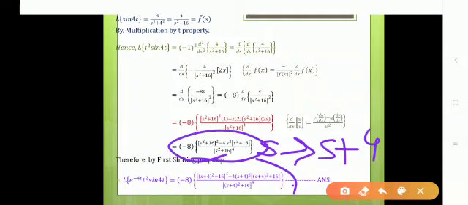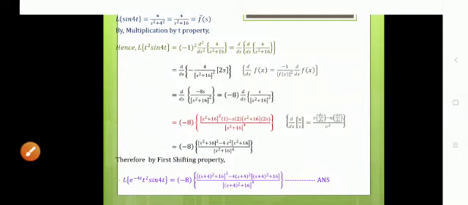So in this other method to find the Laplace transform of such examples, we get somewhat simple expressions, somewhat simple f bar of s, so that we can take its differentiation very easily, and then we can finally apply the first shifting property so that the answer will be more correct. Okay, so using any one of these two methods, you can solve some more examples.